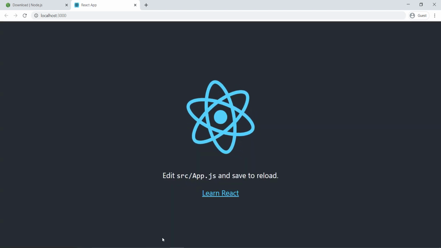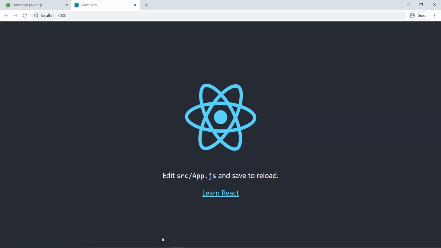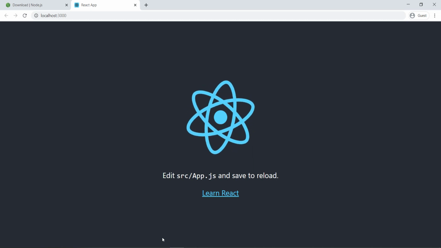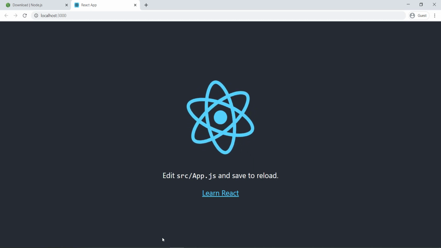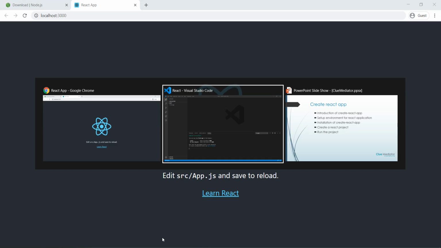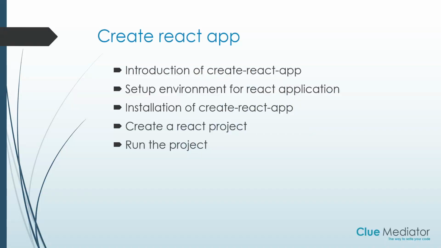As you can see here, the app is now running on localhost 3000. Great. This app is served from React via localhost 3000.